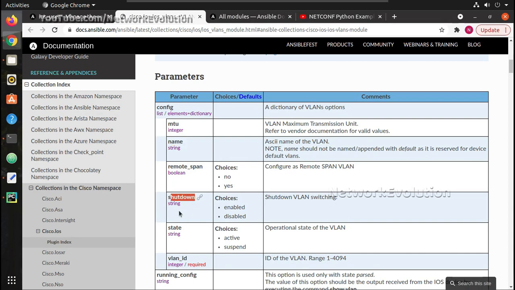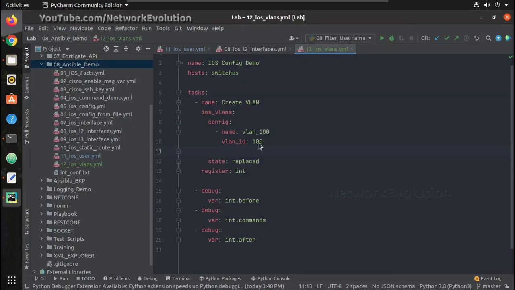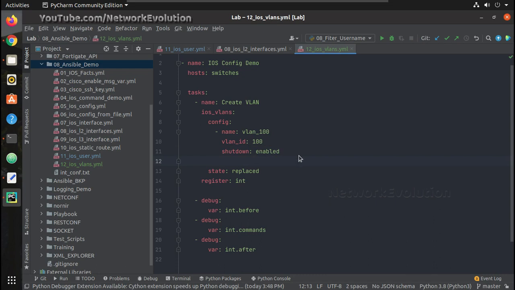Shutdown, we'll try giving shutdown here, and state also we will configure as suspended. Shutdown enabled, and state we will configure as suspend.